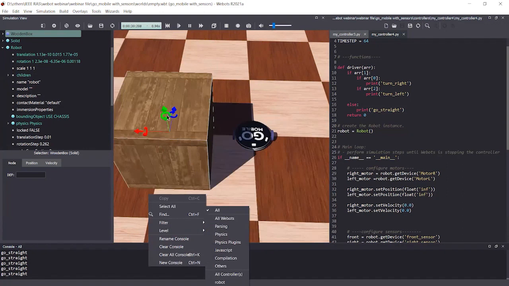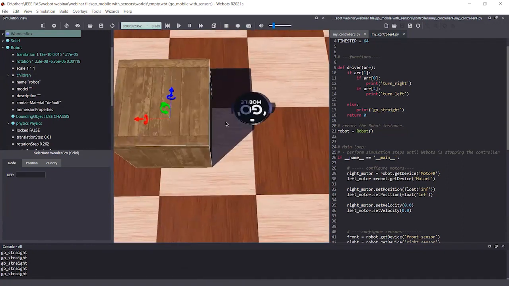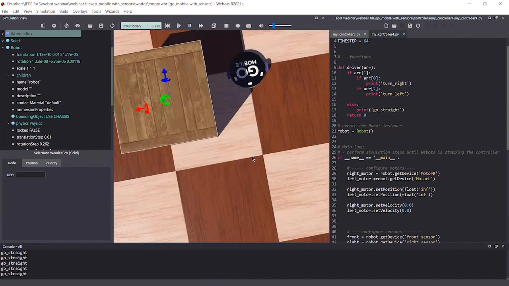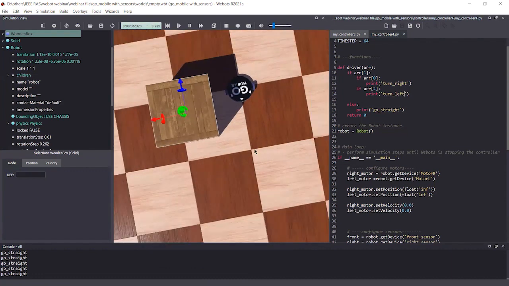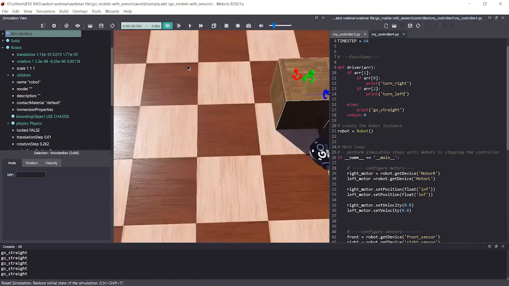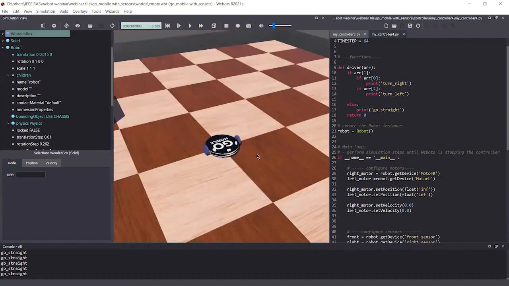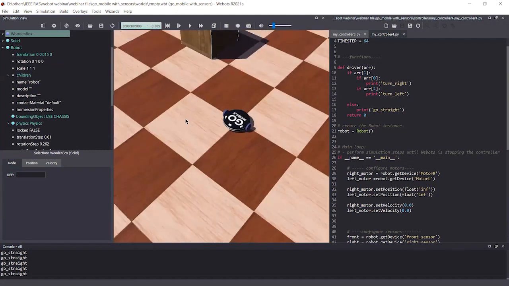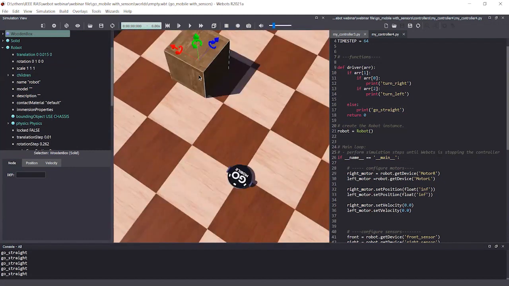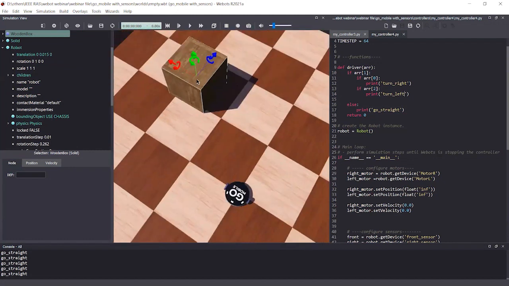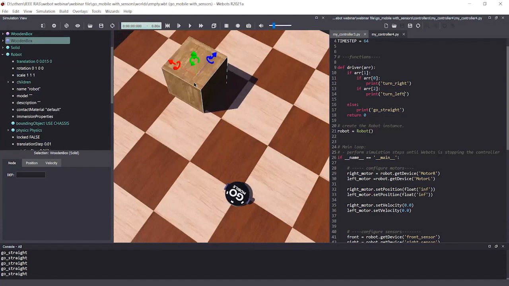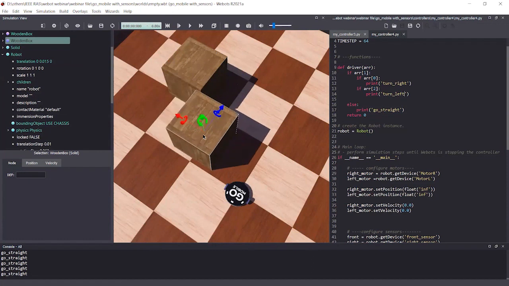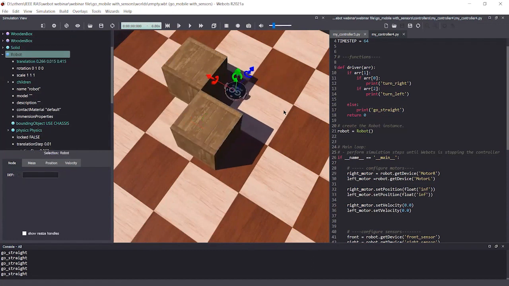So let's say again. Okay, what I'm going to do, I'm going to close this and I'm going to create a place. I'm going to get two boxes and place them in this manner, and I'm going to put my robot like here.